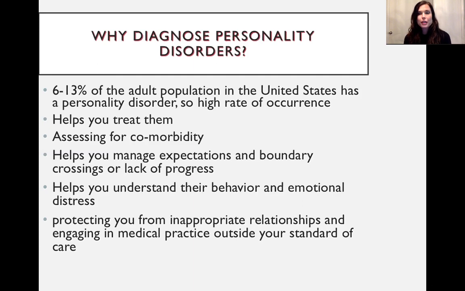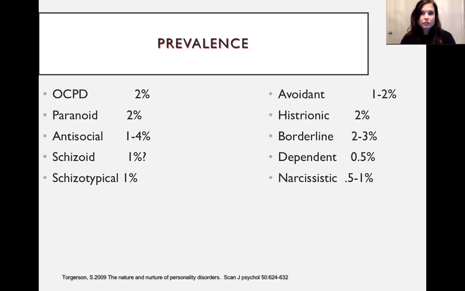What I'm thinking of here is the possibility of working with someone with borderline personality disorder that has recurrent suicidal thoughts. And maybe you're hitting a wall, and the safety planning and the processing and all of the coping strategies that you're putting into place maybe aren't as effective because they need a higher level of care, such as dialectical behavioral therapy, which is an evidence-based treatment for borderline personality disorder that is very effective. So something to consider. As you can see here, pretty high prevalence for all of these.